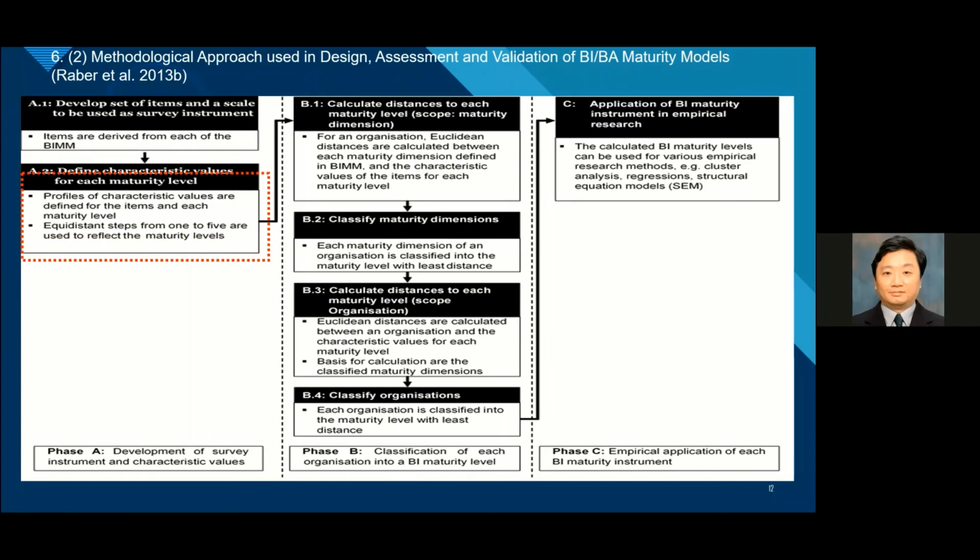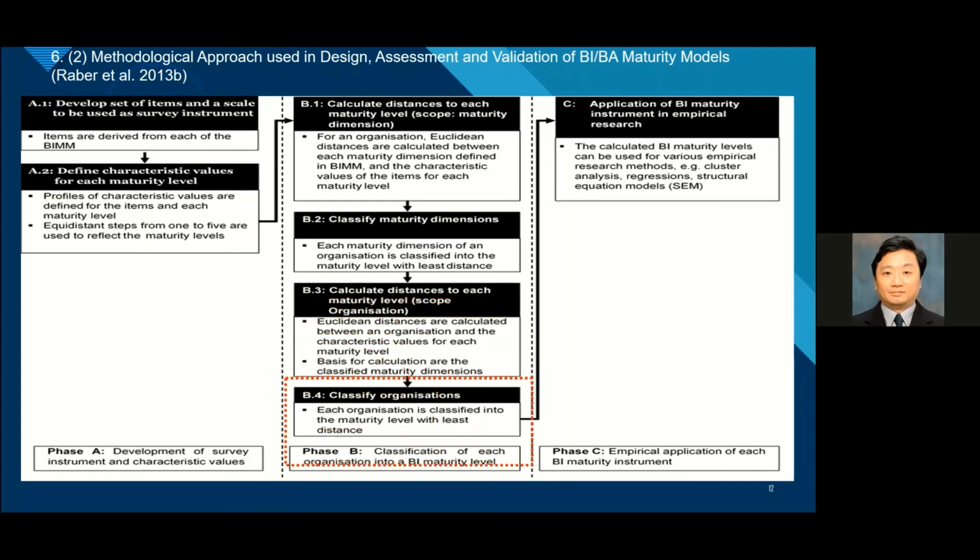Define the characteristic values for each maturity level. Calculate distance to each maturity level. Euclidean distances are calculated between each maturity dimension. And classify maturity dimensions into the maturity level with least distance. And calculate distance to each maturity level.